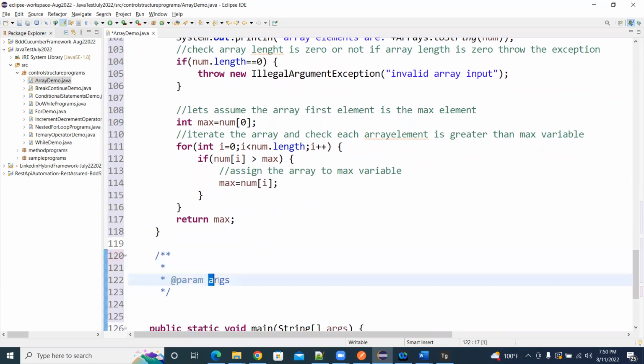So I have to iterate. The next program is I have to find out the lowest number in the given array. So we found the max element. Now you find the lowest element. Which is the lowest element in the given array? That means the smallest number in the given array. So write a program